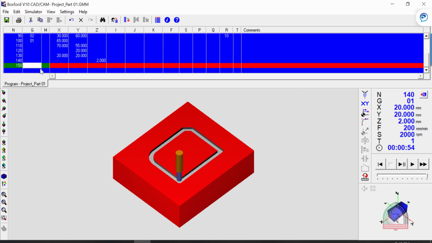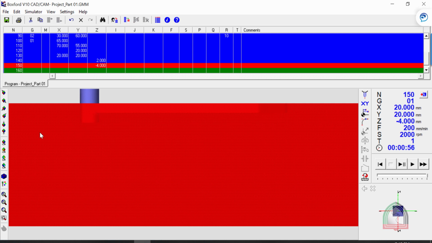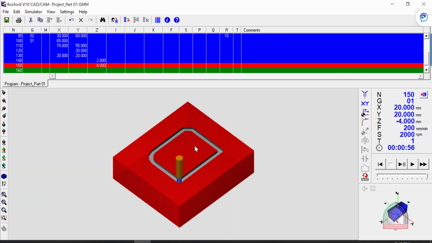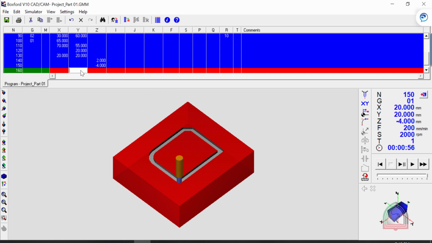So now we are here. In order to achieve -4, I am in G01, which means it is still in a position to go inside the workpiece with a feed. I'll click here, go for -4, click enter. So the tool went inside. You can see that in the front view. Go to the transparent option and looking from the front, you can see that the tool is inside now, 2 mm depth. So I'll go back to that one. Now I will continue the procedure same as last time. So the next step is Y50.